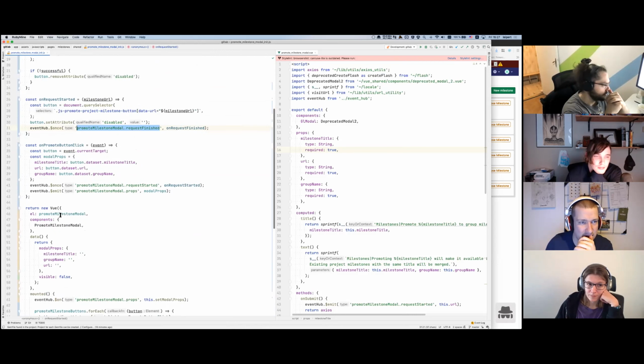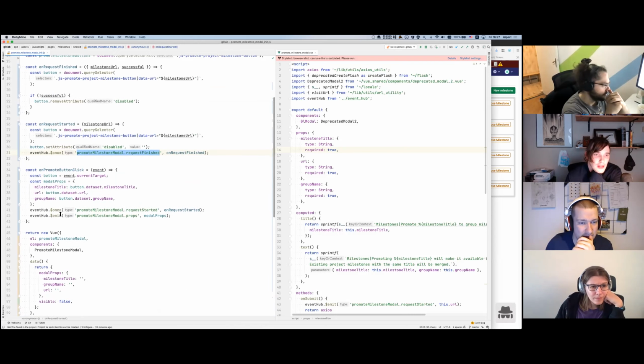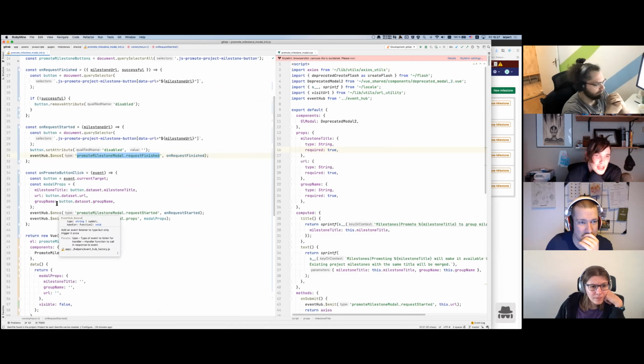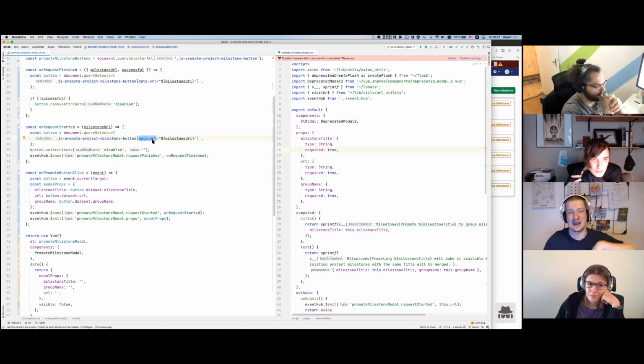No. It looks like it adds a disable to that button because it looks based on the milestone URL. Yes, you're right, which is interesting. Oh, and it's using the data URL stuff. So it's basically clicking the button and then instead of using Axios, it uses the Rails UJS kind of thing,